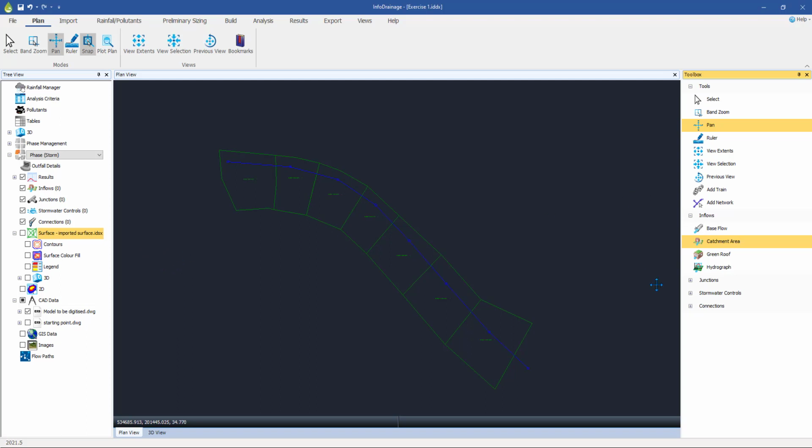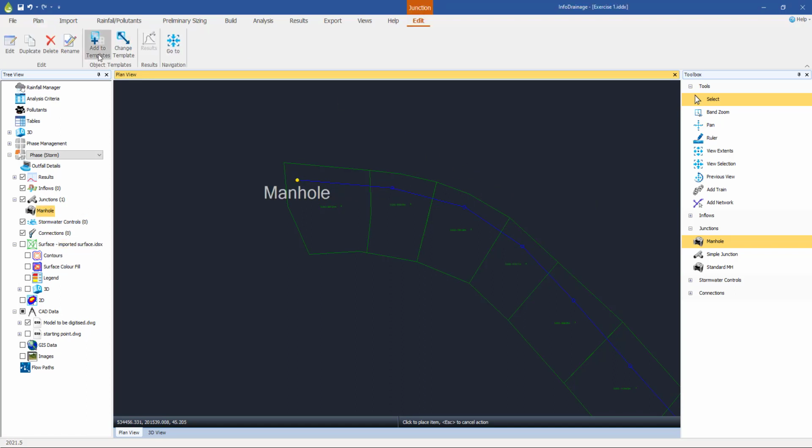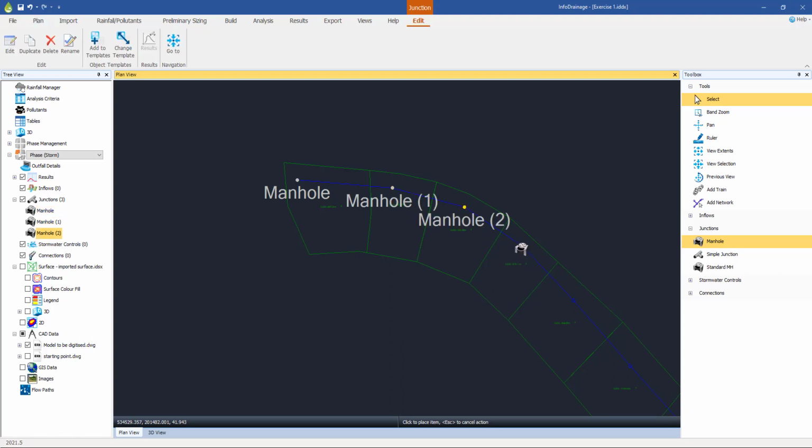The way that we create something is we pick it from the toolbox. So I'm going to start by selecting a manhole. And all you do is you can zoom in now or zoom in as you go along, but you left click on it and drag it, and then as you get close to the digitized point, it should snap to it like that, as long as we've got the snap turned on in the plan view. And just keep going like that. So you've got the manhole selected, just click and snap, click, it should snap like that, click and it should